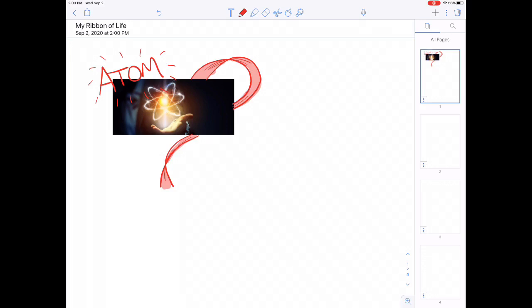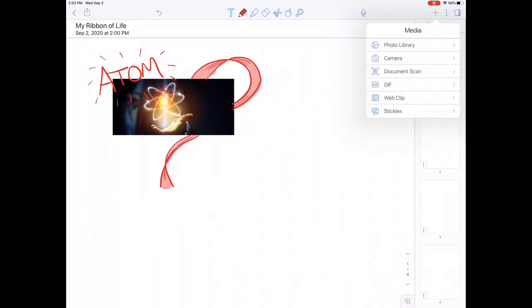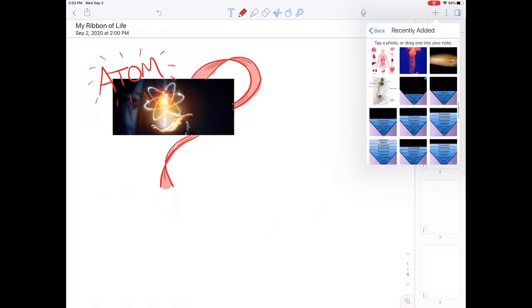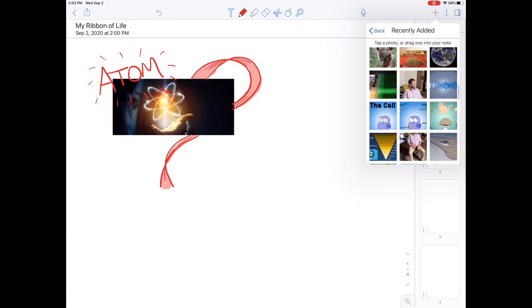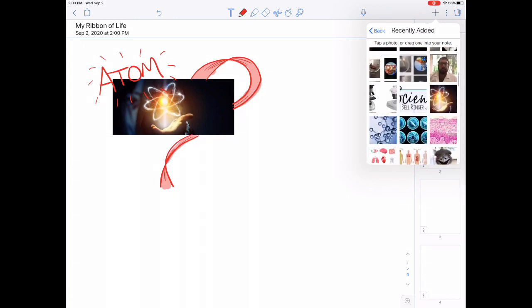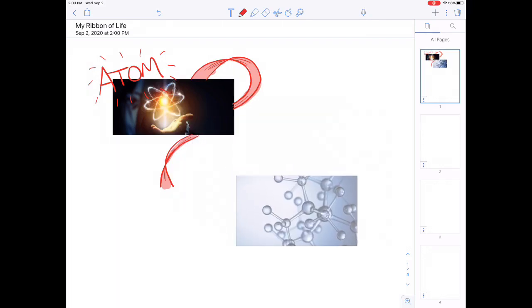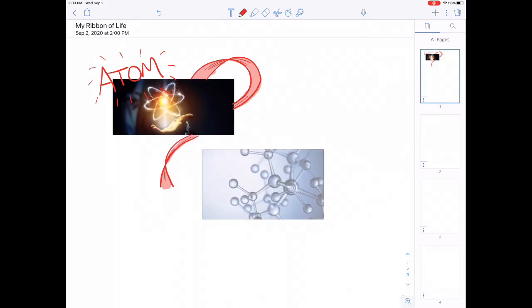Our second picture, from atom, we take the smallest particle of matter, and if we join them together, we get what's known as a molecule. Molecules are more than one atom together. It's two or more atoms together. The example I gave in the other video was a molecule like water